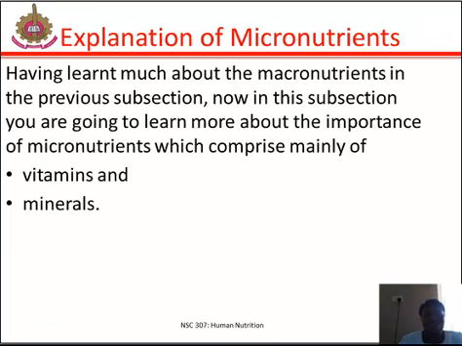Let's look at micronutrients. Micronutrients, like we have said, is comprised of vitamins and minerals. Vitamins are groups of related substances that are present in small amounts in foodstuffs and are very necessary for the body to function normally. Vitamins are also called protective foods. They are grouped together because, as their name implies, they are a vital factor in the diet.